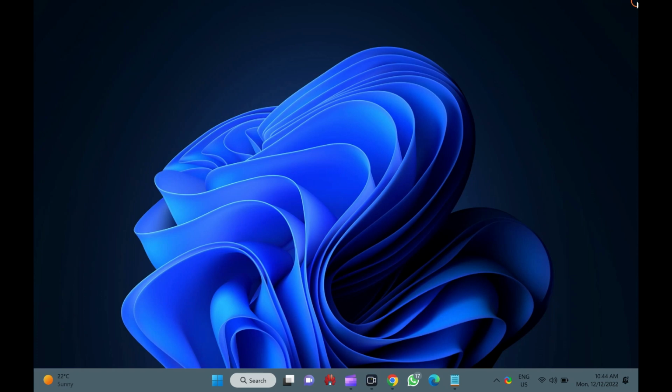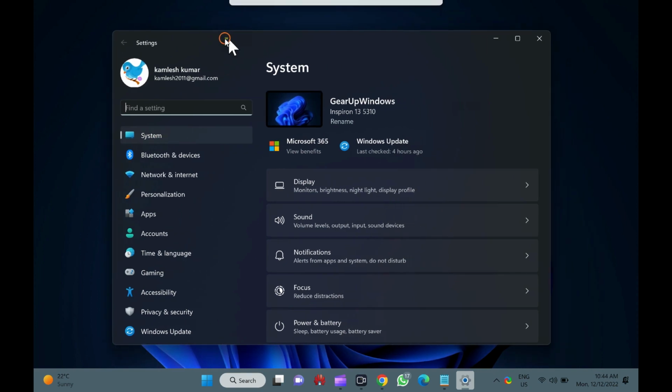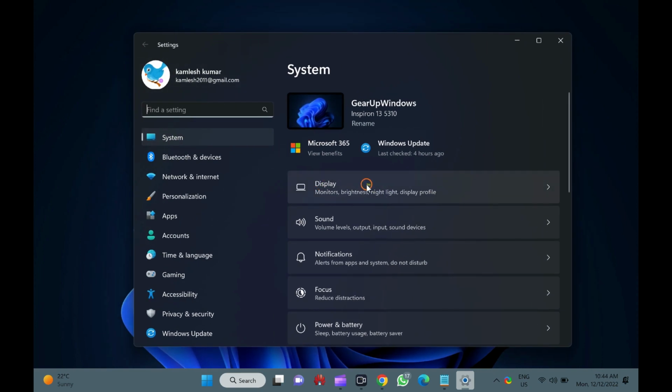It is quite easy to view the graphics card model on Windows 11. For that, first, open the Settings app by pressing Windows + I keys from the keyboard or any other method. Then, click the System category in the left side pane. On the right sidebar, click the Display tab.